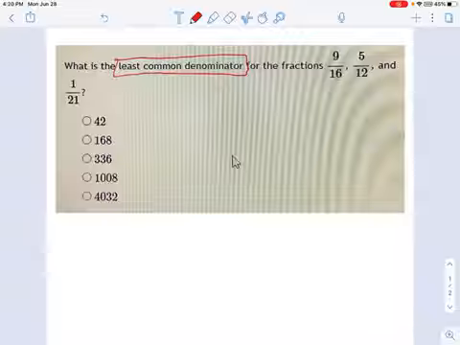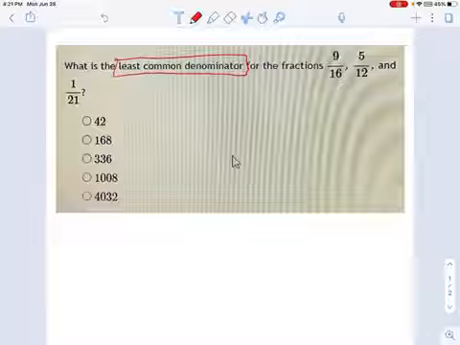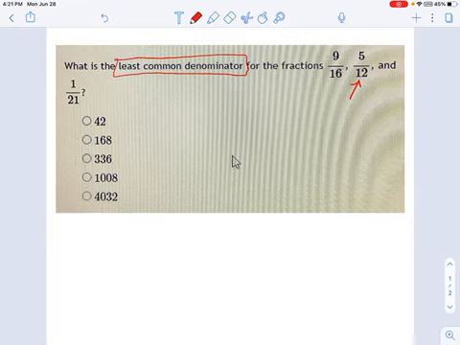So let's look at our denominators. Remember, denominators are numbers on the bottom. I've got 16, 12, and 21. And I want to know what the least common denominator is. So maybe you pick 12. Okay? That's the least denominator, but it's not the least common denominator. Remember what a least common denominator is. That's going to be a number that's typically bigger than any of the other denominators, which all those numbers divide